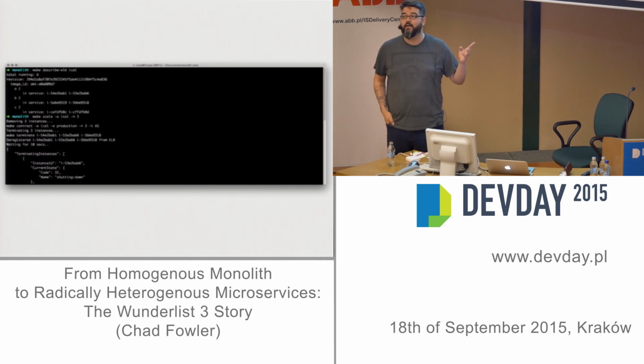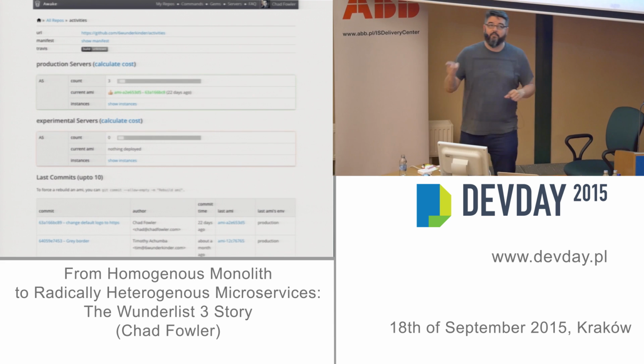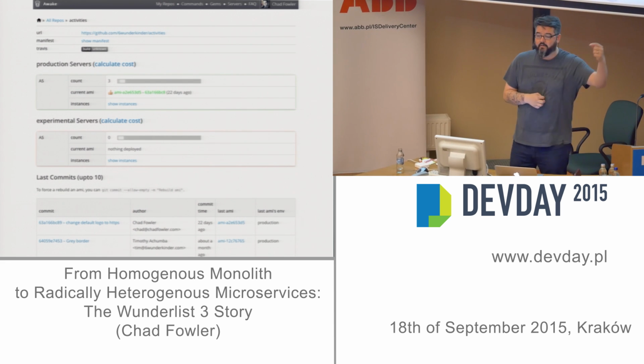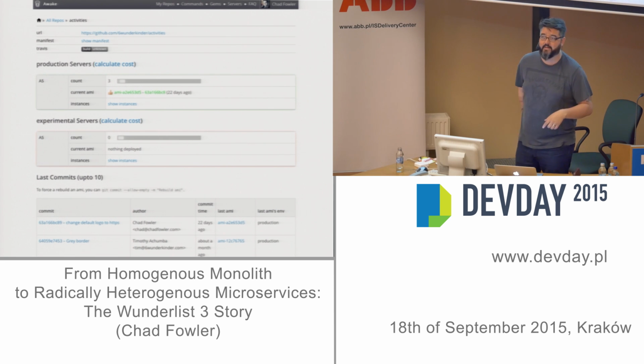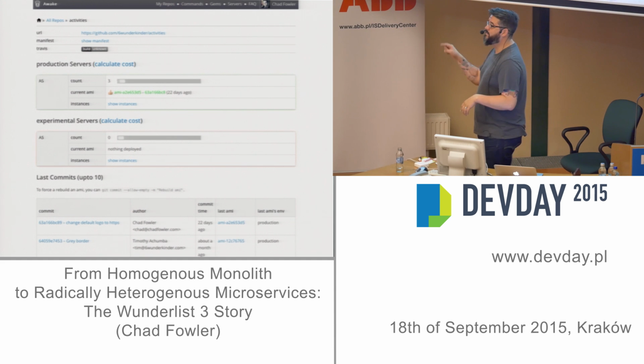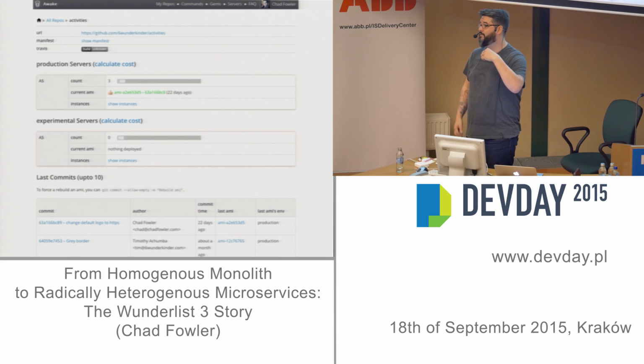But we also have this thing that we built, which did not take much time. It's just a stupid Sinatra application in Ruby called Wake. And for every repository in GitHub that we have, every time you do a merge to master, it calls back via a webhook to Wake and automatically builds a new Amazon image for whatever that application is. So the files service, for example, if I were to create a pull request and someone merged it, immediately in the background it's building an Amazon AMI with everything you need to run that, a golden master. And then I can just click a button and I can replace what's there with my new golden master.